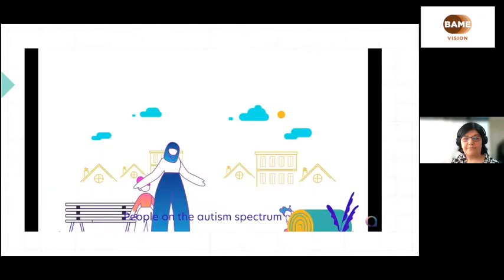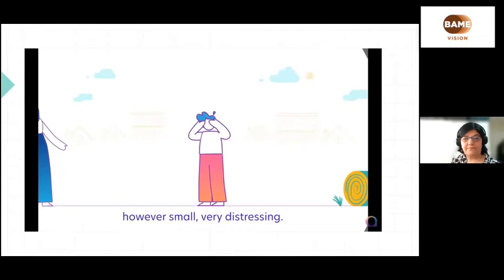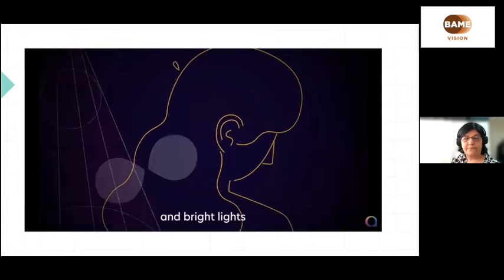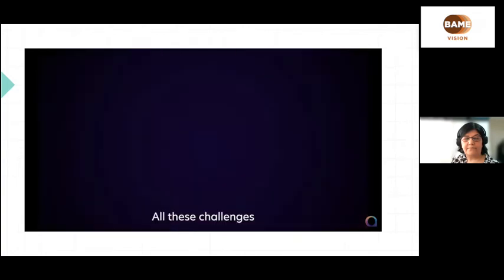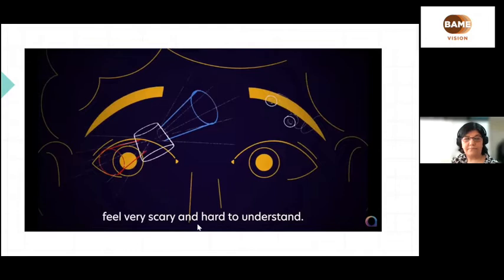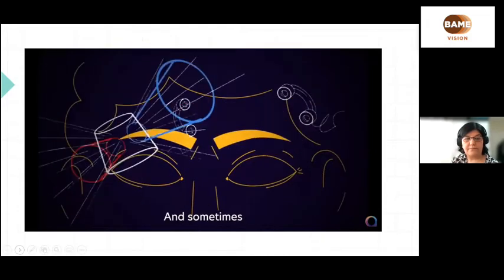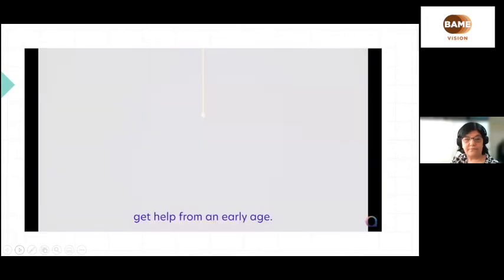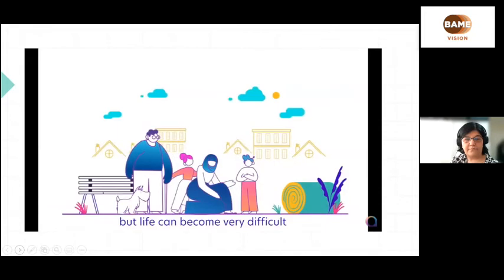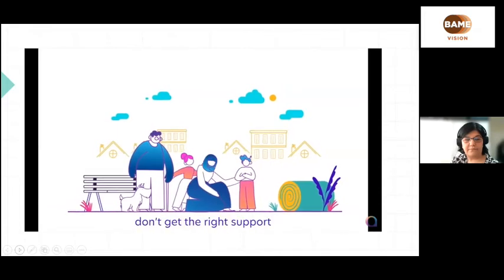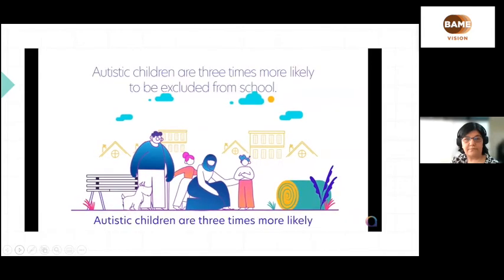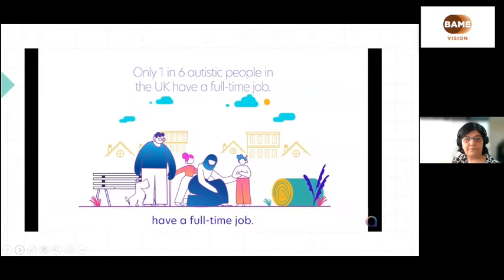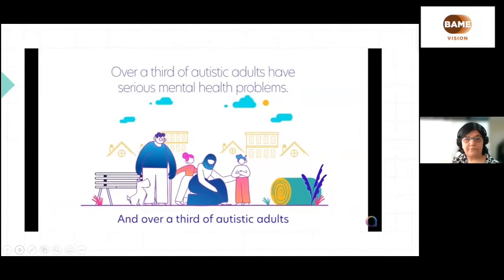People on the autism spectrum can also find unexpected changes, however small, very distressing. Then there is sensory overload, where the noise, smells, touch, bright lights become very painful and overwhelming. All these challenges can make the world feel very scary and hard to understand, and sometimes send us into physical, emotional meltdowns or shutdowns. It is very important that autistic people get help and engage. But life can become very difficult if children or adults don't get the right support or understanding. Autistic children are 3 times more likely to be excluded from school. Only 1 in 6 autistic people in the UK have a full-time job, and over a third of autistic adults suffer from